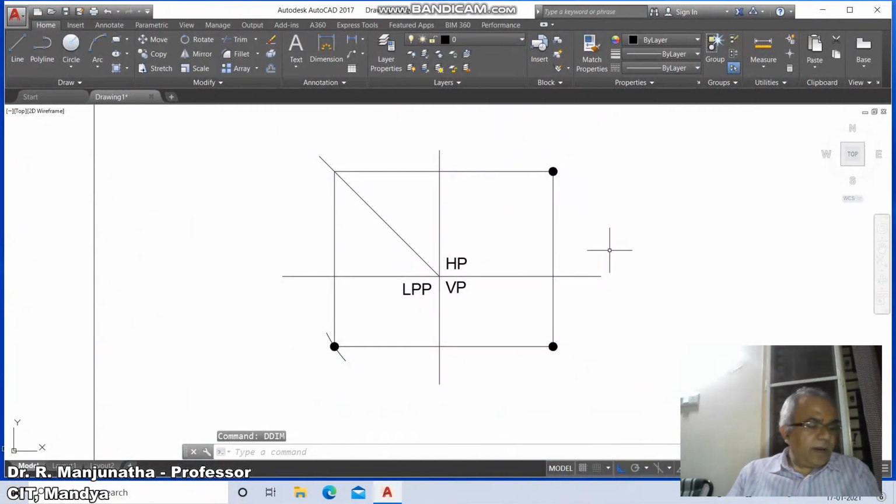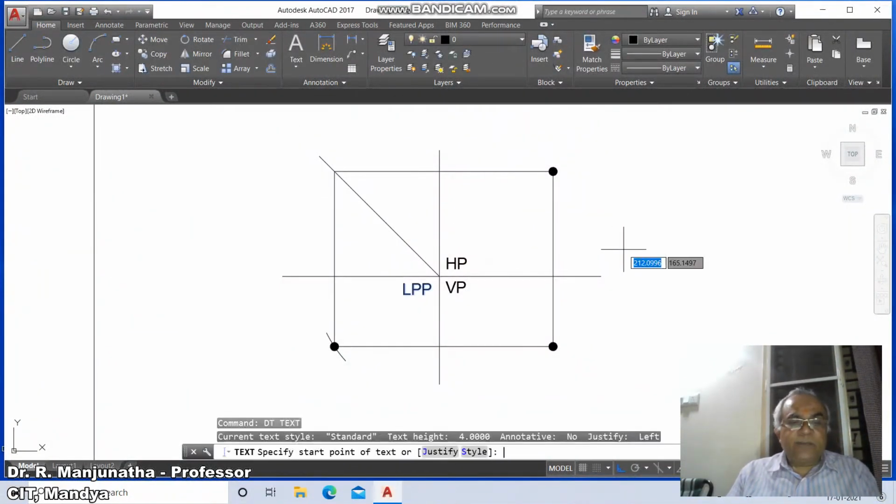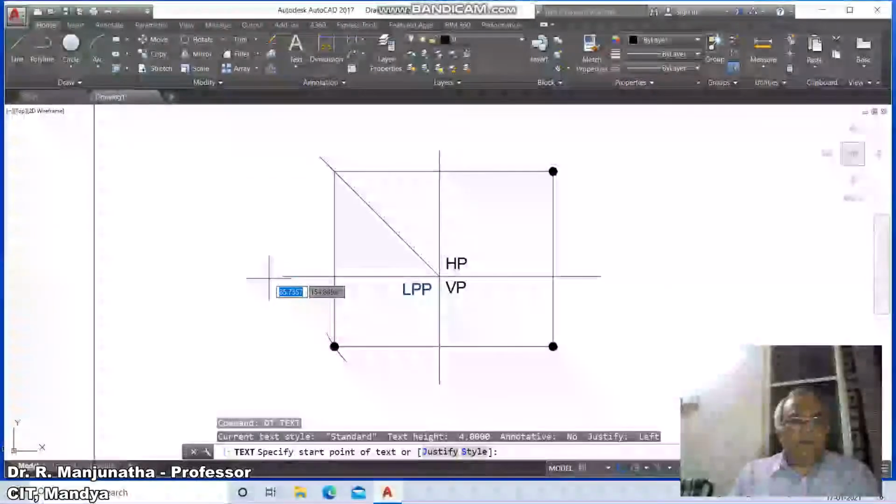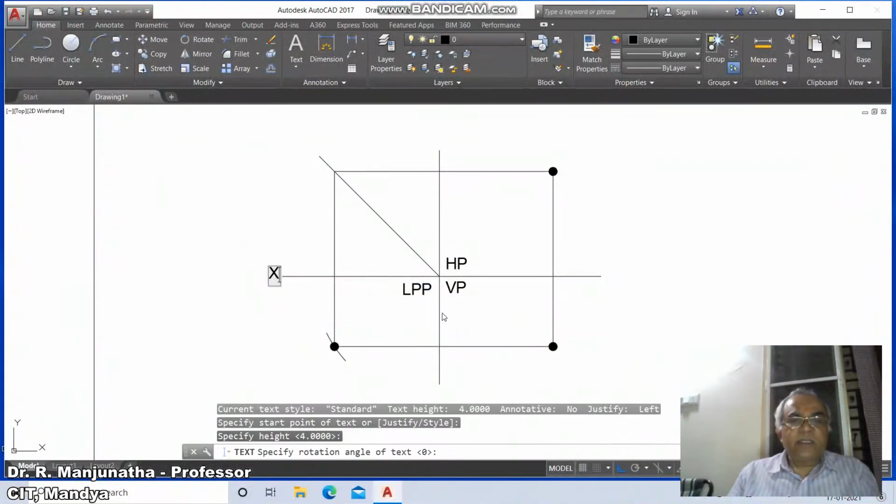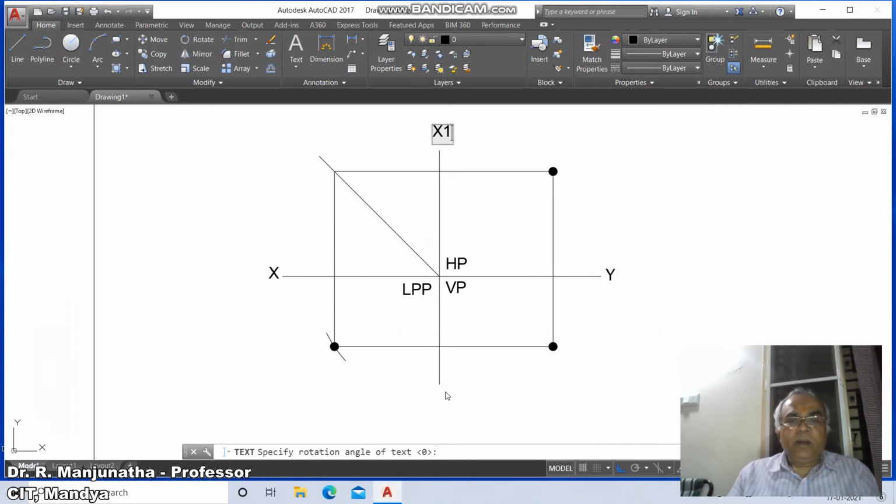Now we will go for DTEXT and put the caps lock on. You mark this as X, you mark this as Y, and you mark this as X1, and you mark this as Y1, and then put the caps lock off and mark G, and this will be G and G dash, and this will be G double dash.